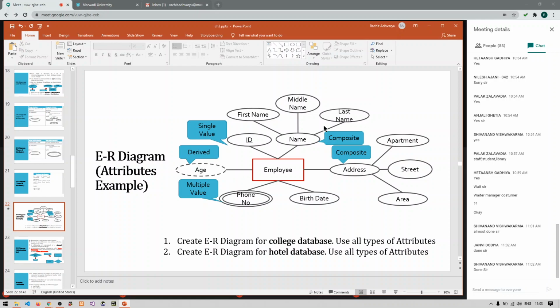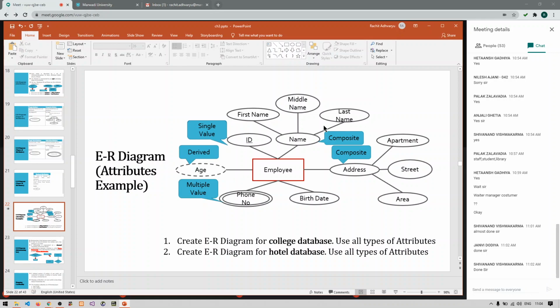Students, just make sure that whenever you are creating the ER diagram, this is just the first part of the ER diagram, right? So whenever we are dealing with the ER diagram, try to have at least four to five attributes for each entity set, and try to provide one or two types of attributes in each entity set. This will help you to get more marks in your exam. This is the reason why we are doing this. Right, so let's continue from here.